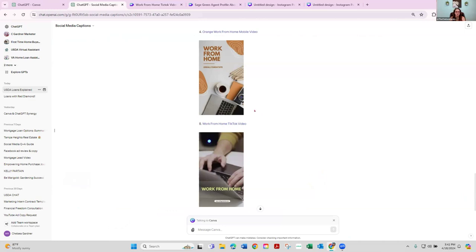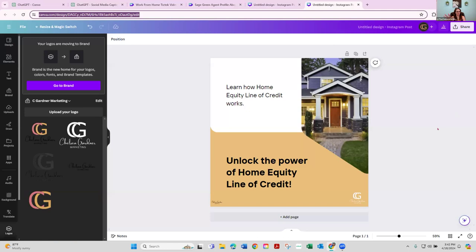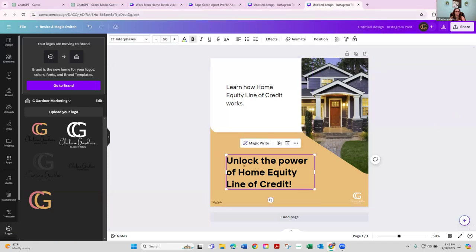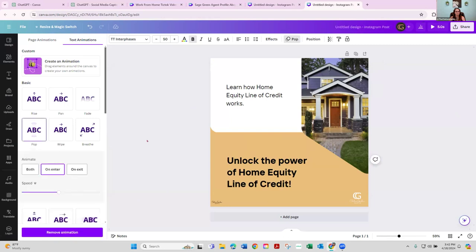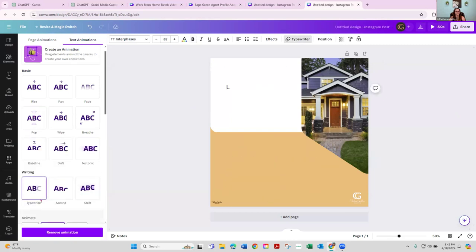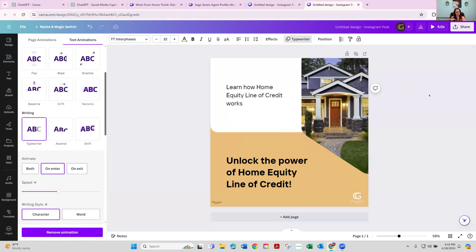Now, one thing that you can also do, so for example, where's my, I'll open so many here. Okay, so let's say we take this graphic here, and you're like, okay, I really like this graphic and I kind of want a video, just the words can move around, right? That's still video content. You can easily just take the graphic and the text, and you can easily animate the text to do something, right? Pop, whatever, you can have it typewriter, whatever. And now it's a video. So you can convert some of the graphics it creates into a video. That's a workaround there.